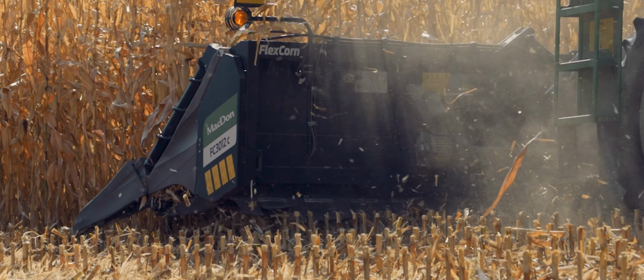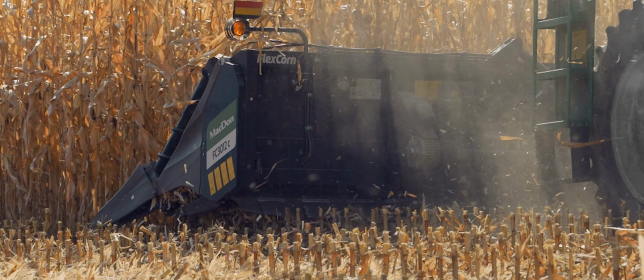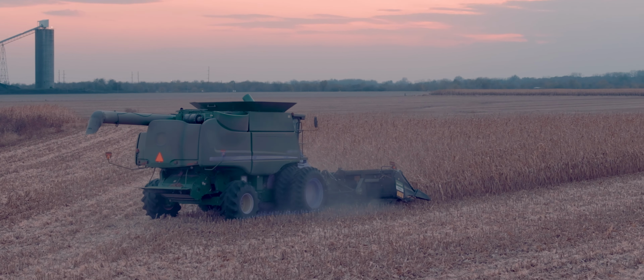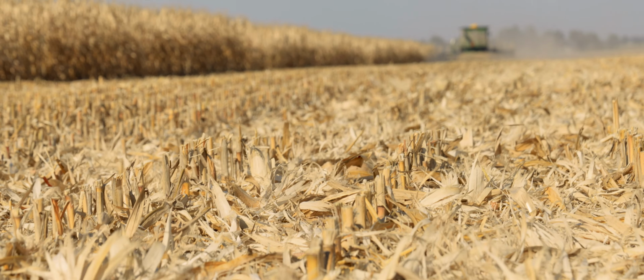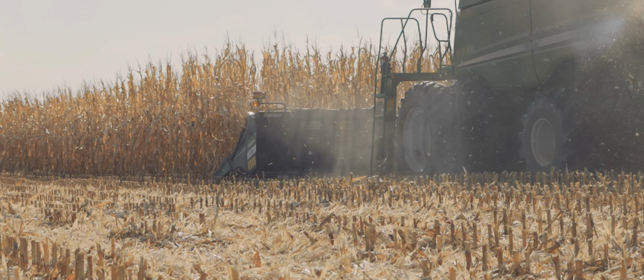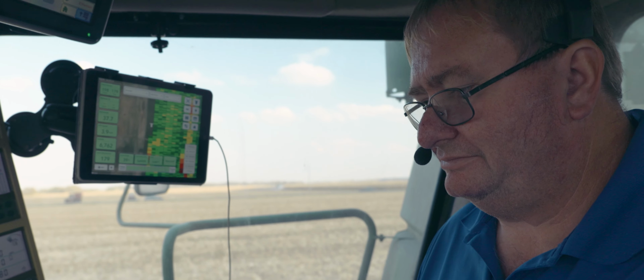I guess the combination of the Octi-Roll, and I understand the gearboxes are geared low enough for the stock chopping part that it just takes less horsepower to run. Today we got the knives engaged and we're chopping, but the other day we was in the creek bottom. That day I wanted to leave the residue as much as possible so it don't float away when the creek bottom comes up, and it was very impressive